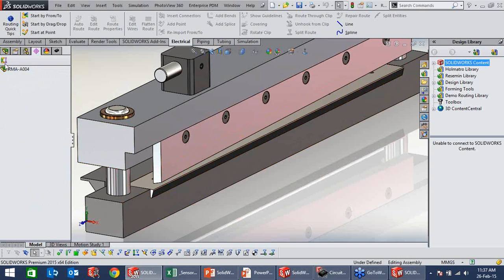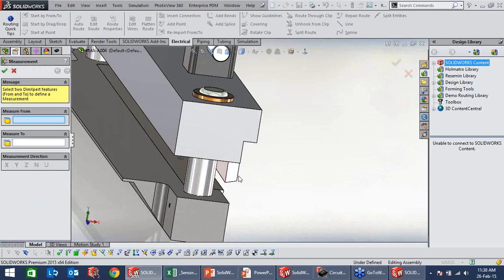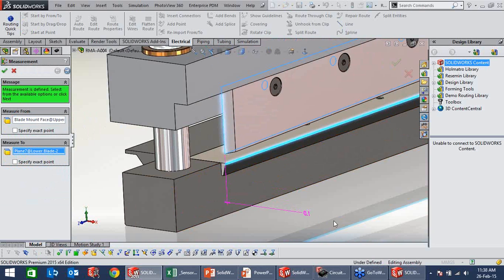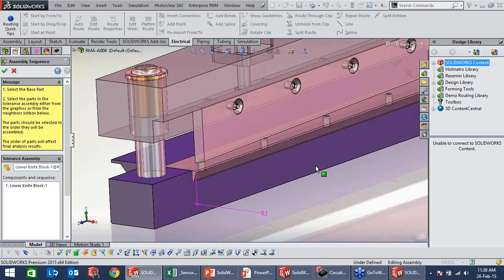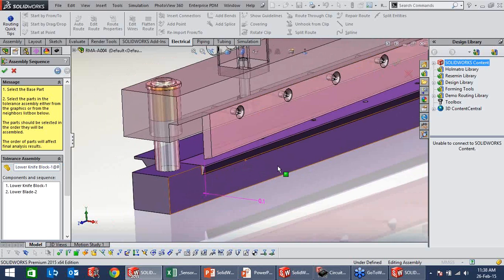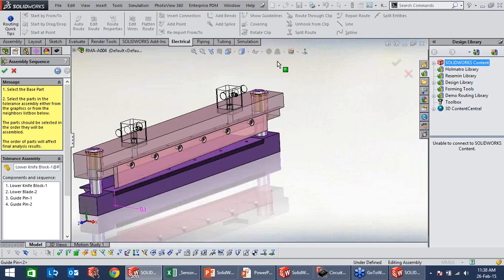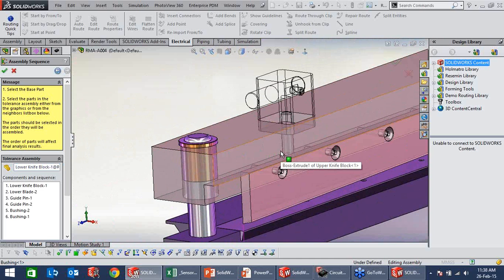I have to carry out the 4 important steps in Tol Analyst. First, the major part: I have to maintain a 0.1 mm gap. Now the next is the assembly sequence, how exactly I am assembling this assembly. First I'll assemble the lower knife block. The next is the lower blade and the 2 pins that I have. Then I'll be assembling these 2 bushings, and after that